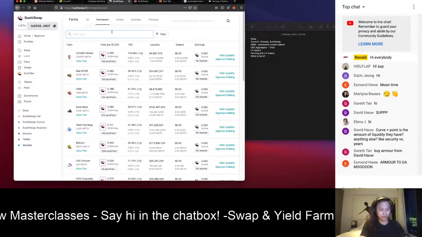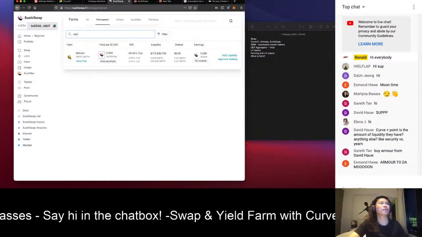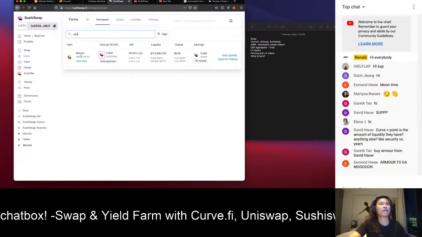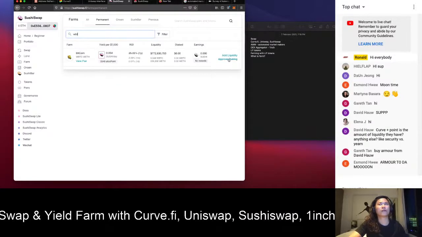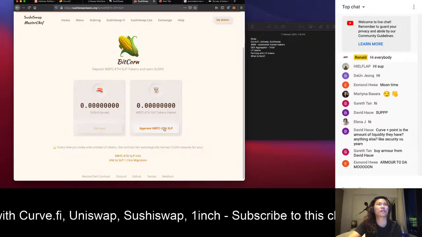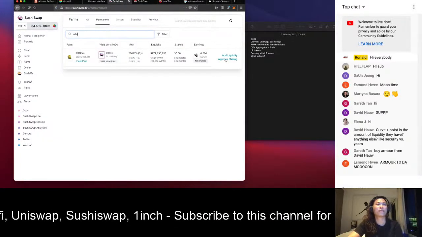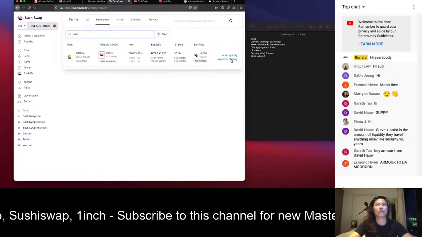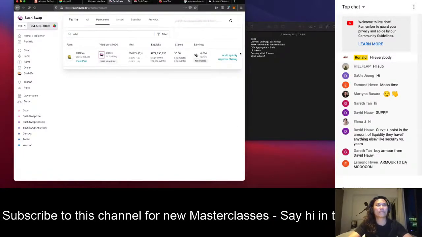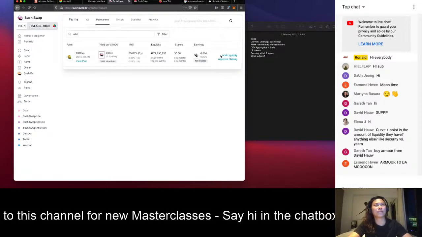You search for the pair that you have, WBTC and Ethereum, which is this one. You can approve staking here. So this approve staking would be the same as this approve staking. It's just a different interface, but the same idea. You click approve staking, it comes up, you pay, and then it brings you on to the next page, and you're